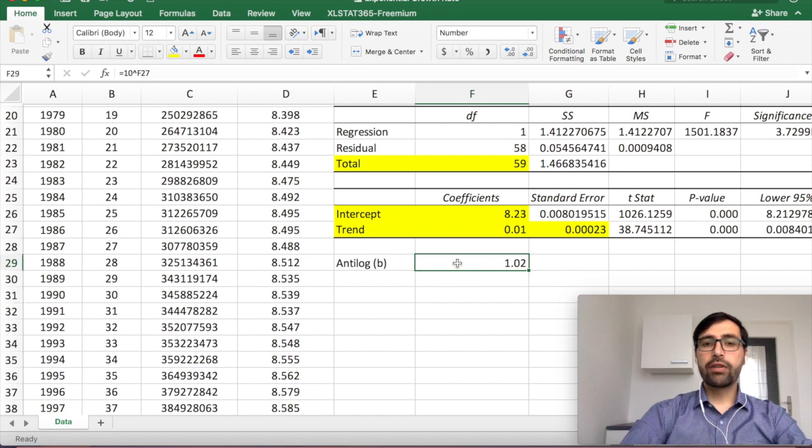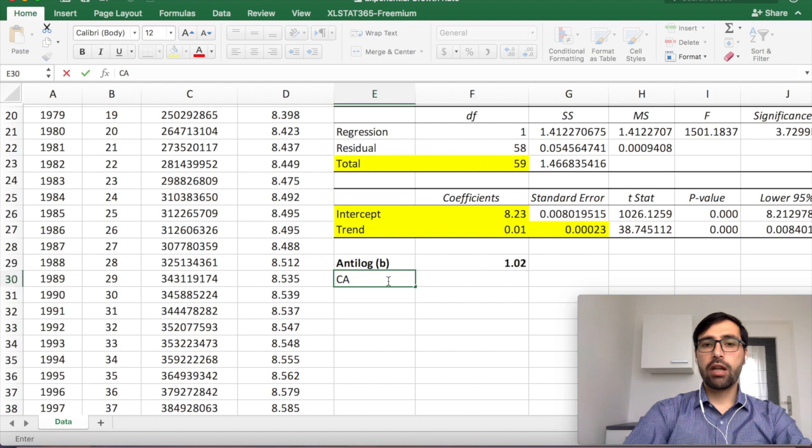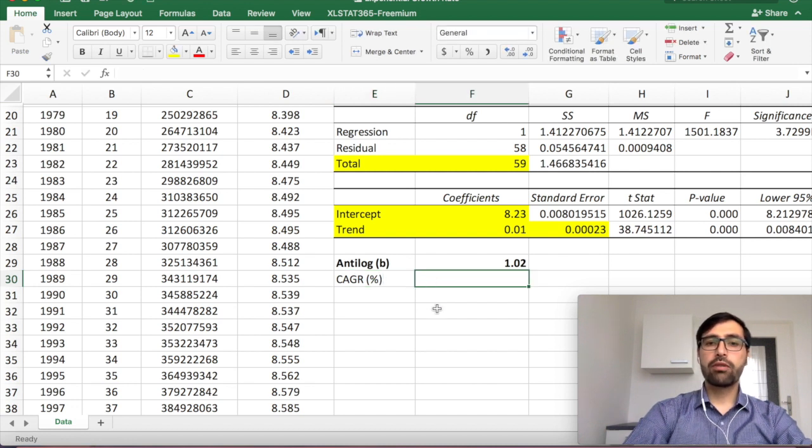So to facilitate a percentage interpretation and annualized growth rate, we have to use the following. The compound average annual growth rate in percentage and annualized term can be computed very simply. Type equal to the value of B minus 1